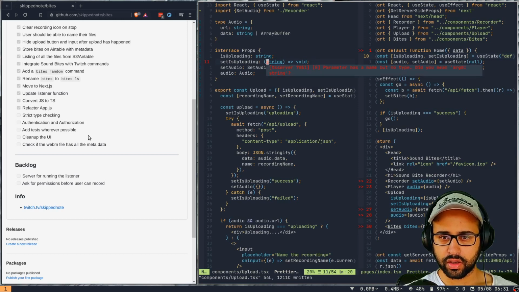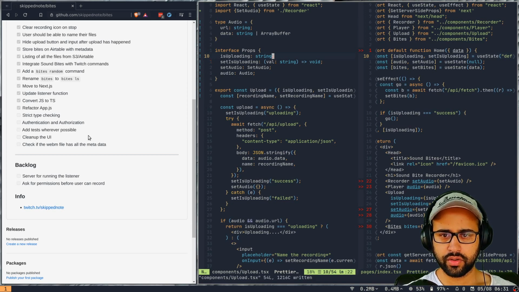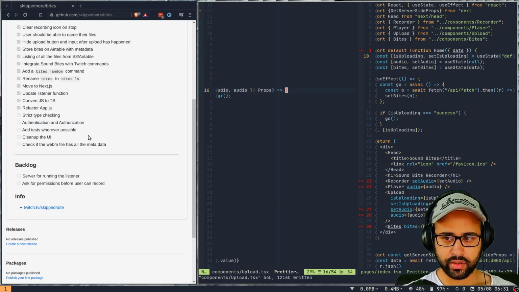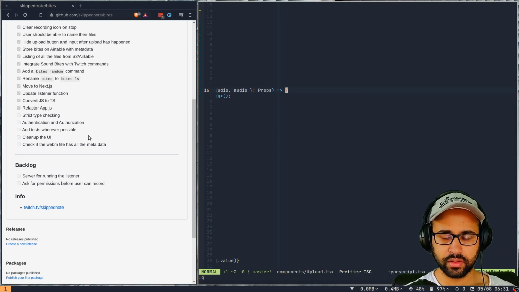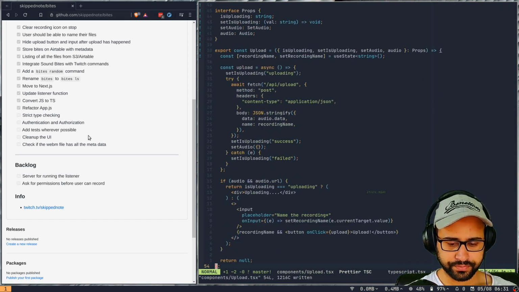Something is wrong here. It says that parameter... Okay, yeah, so this would be... I'm not sure it should be like this, but okay, yeah, that is what makes it happy. So this should be fine. Yep.